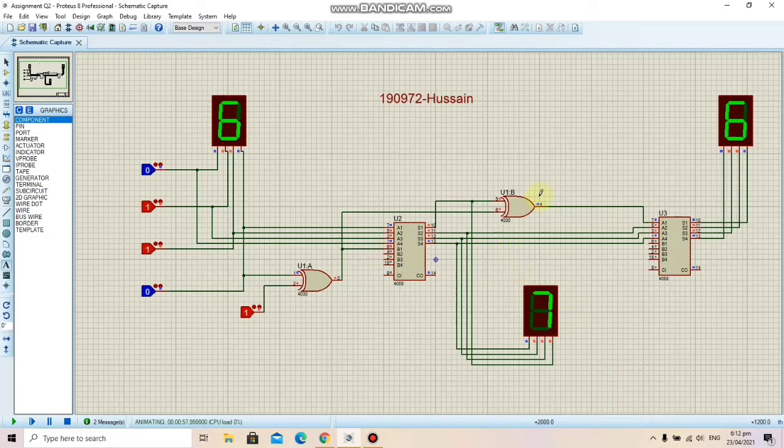Then to reconstruct it, I simply have to subtract 1 again if it is even, and if it is odd, leave it as it is. So again, I have placed an XOR gate here. It has two inputs, so only one XOR gate is needed to subtract 1.